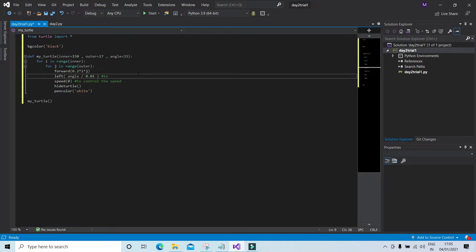And to turn the turtle in the left direction by an angle. And to move the turtle in the forward direction.